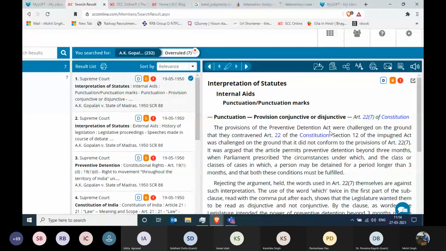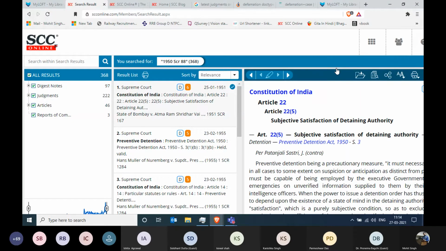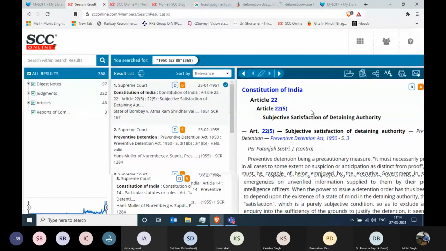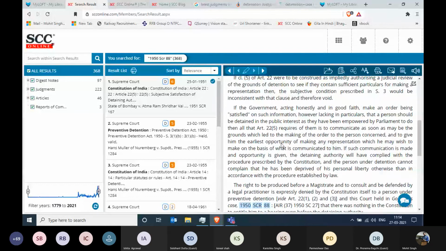All right. There is one more feature which the researchers love the most, that is, sir, I wanted to see where this case has been relied on in future. आगे जाके ये case कहाँ rely हुआ, right? So for that, what we can do is click on this icon that is called the case reference. Whenever you use this icon for a judgment, it will open up all those judgments in which A.K. Gopalan has been relied on in future, or followed in, or distinguished in, whichever treatment given to this particular judgment. Now it is giving me 368 results, and most probably some of which are the digest notes.